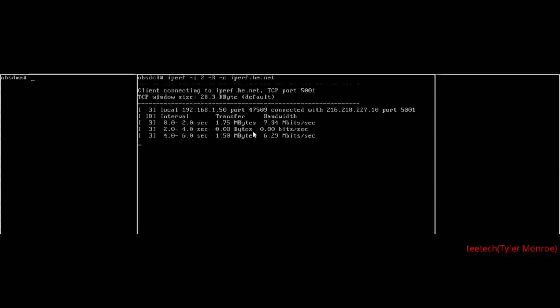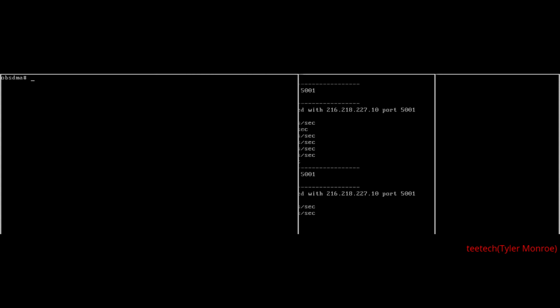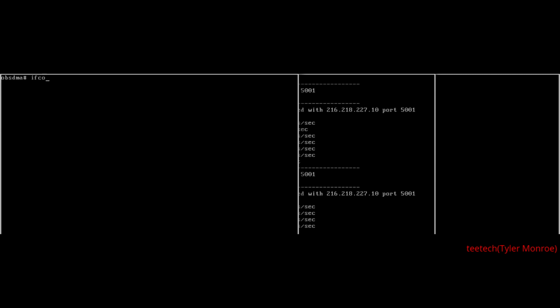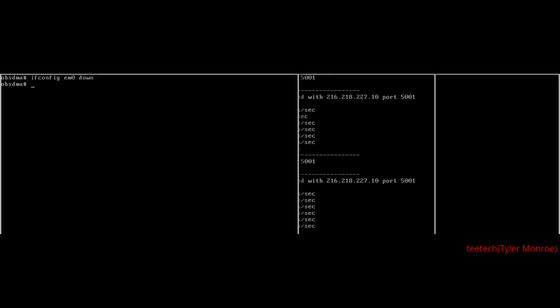And there is the download, and it is going. It'll be a little bit slow, but whoop. I actually forgot one thing on that command. We want to use a timeout of 5 minutes. Okay. So it's going. And if it's all going through R1, but if we do ifconfig em0 down, this is